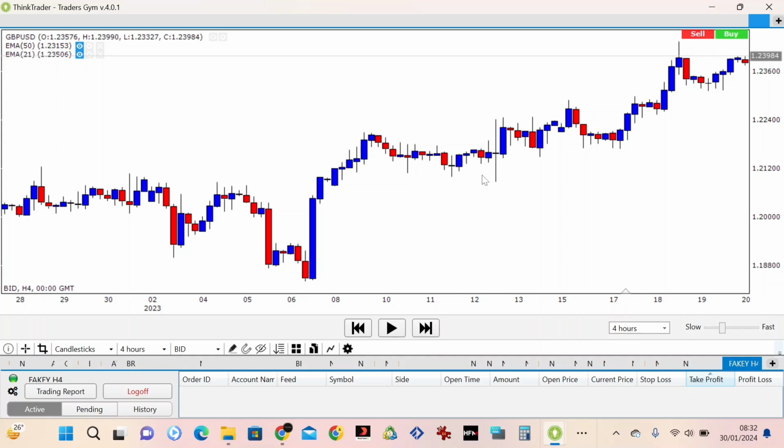Okay, now these people are not looking at candlesticks. They don't care about candlesticks. What they are looking at is the context. What do I mean by context? If you look at this chart right now,